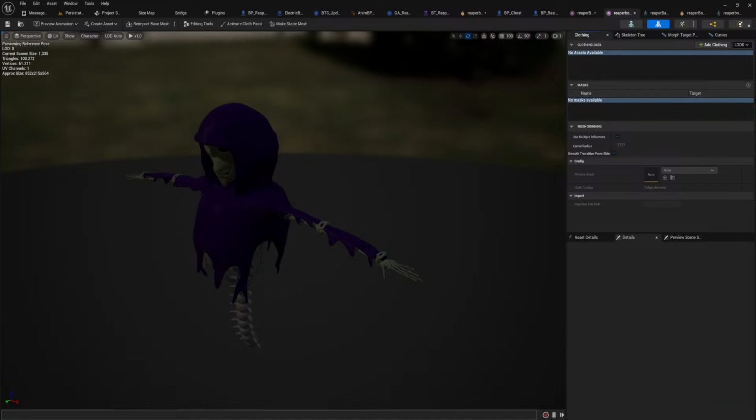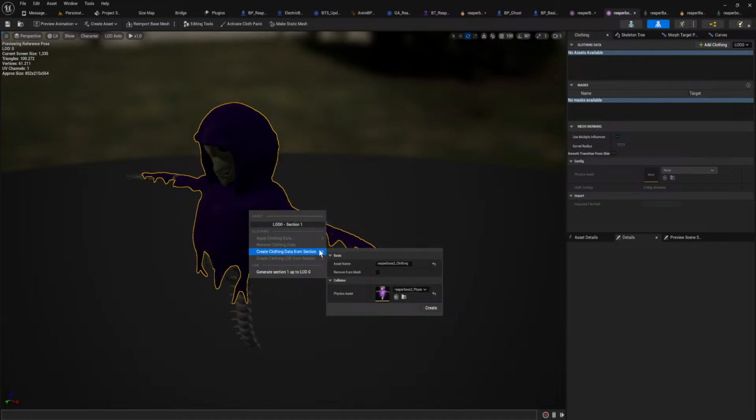Okay. You import it as a skeletal mesh. In the asset details, okay, window, clothing. Got that. That is it.